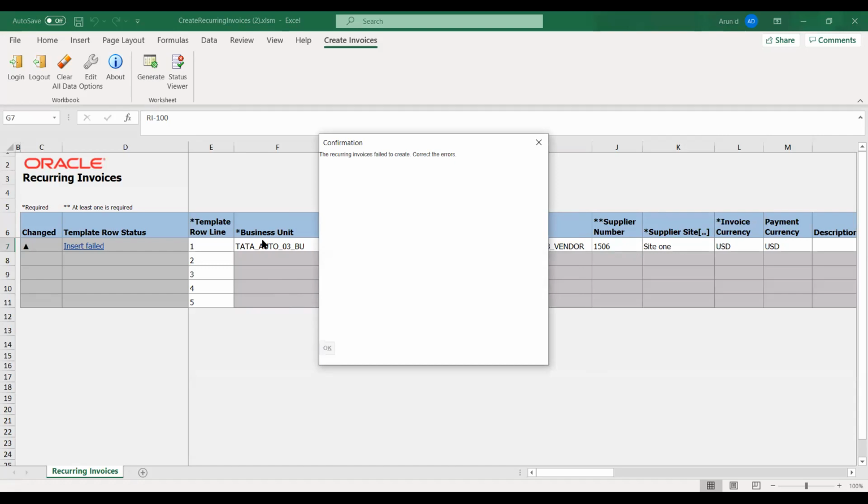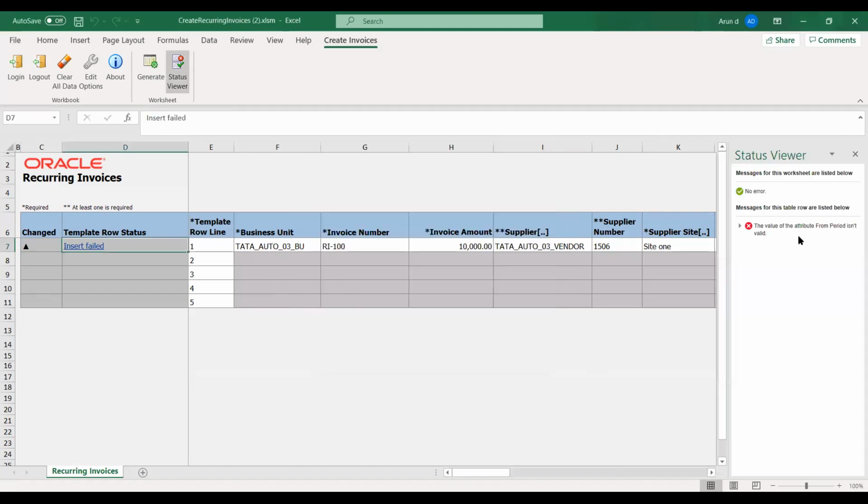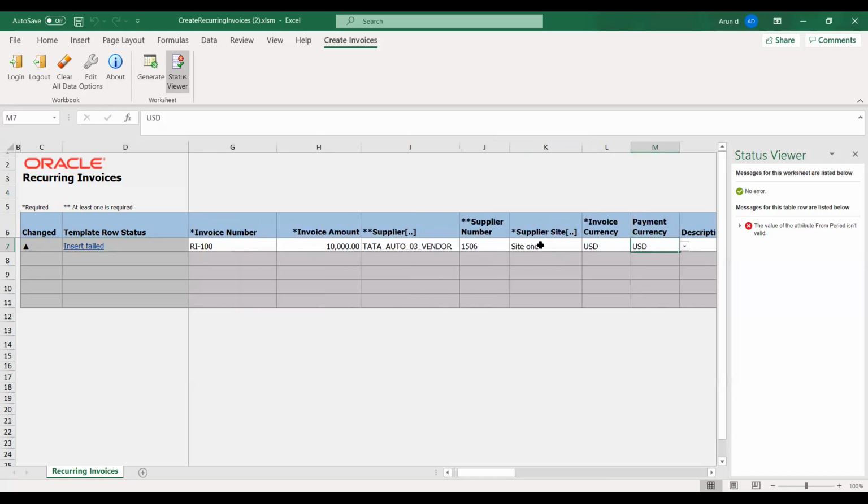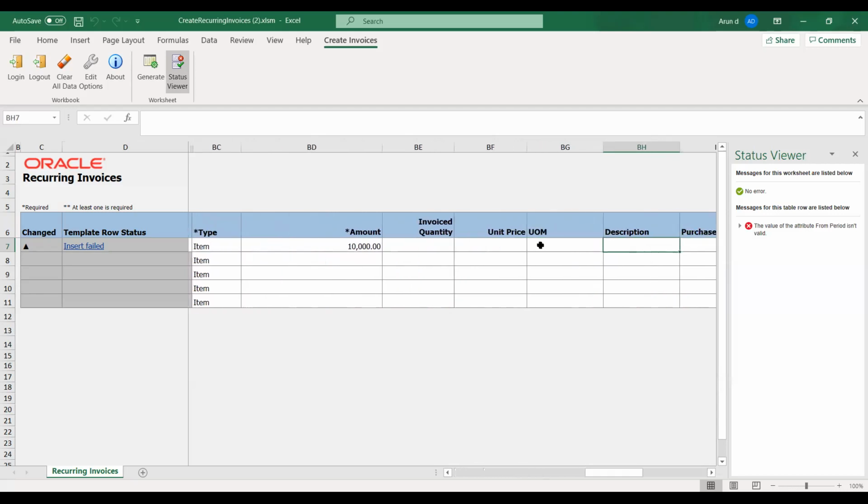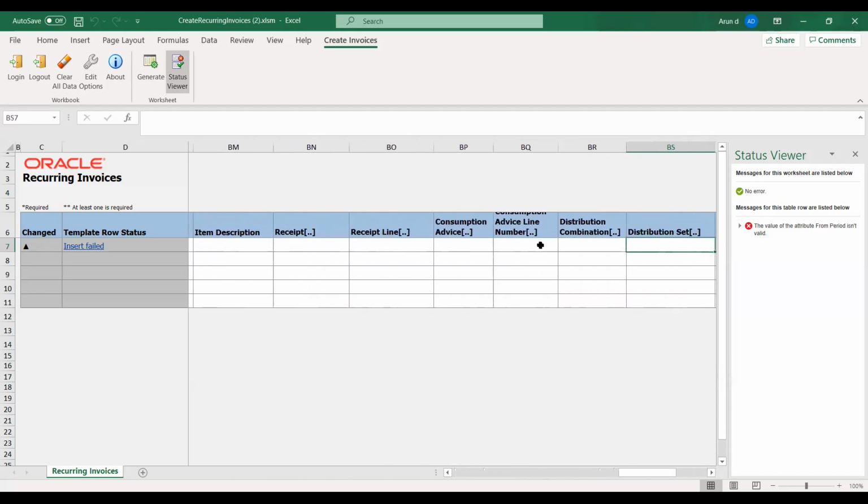Correct the errors. The value of attribute from period isn't valid. Oh, maybe the periods aren't open until December. Is that why? Yeah, I'm thinking the same thing.